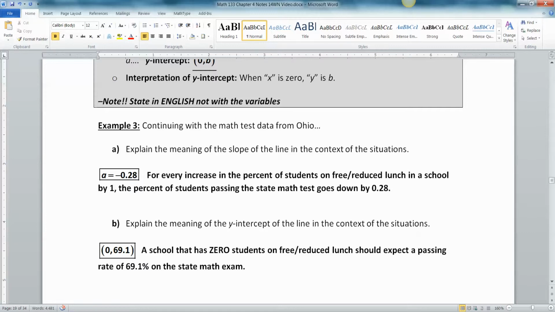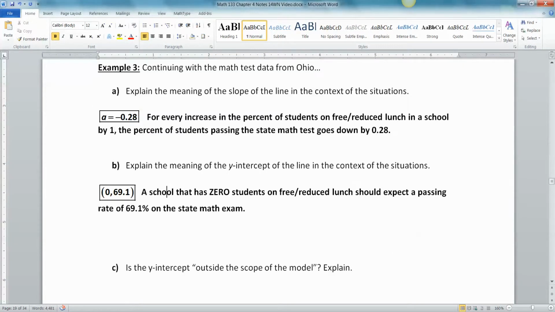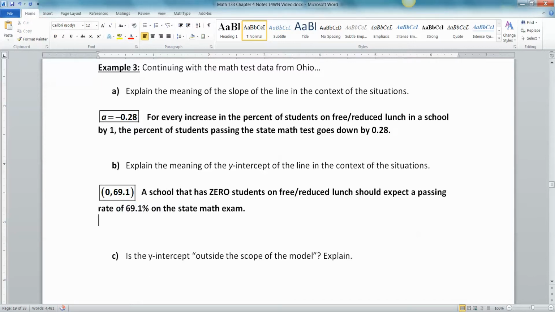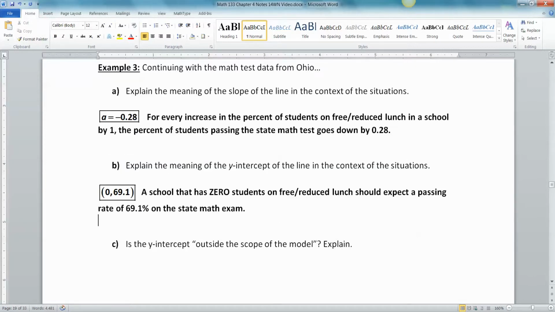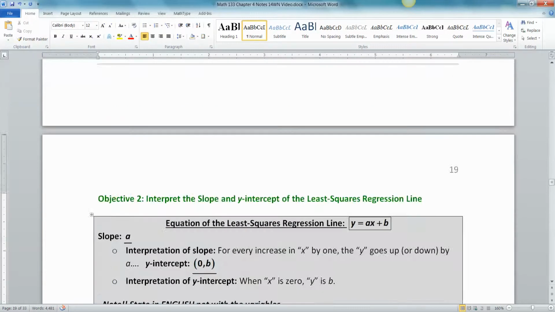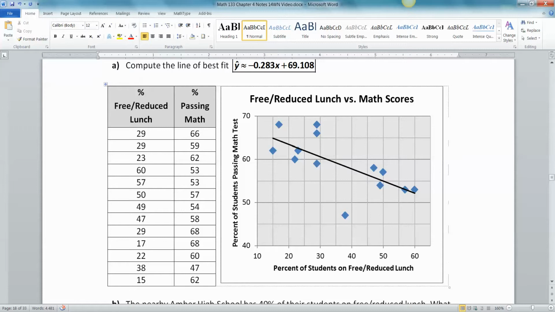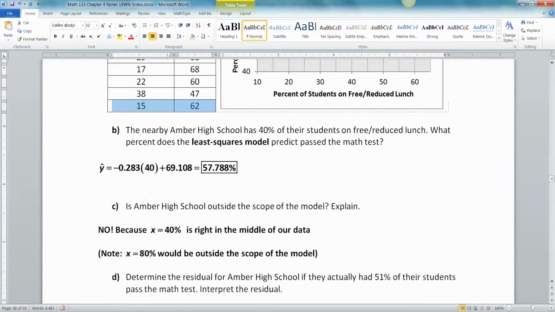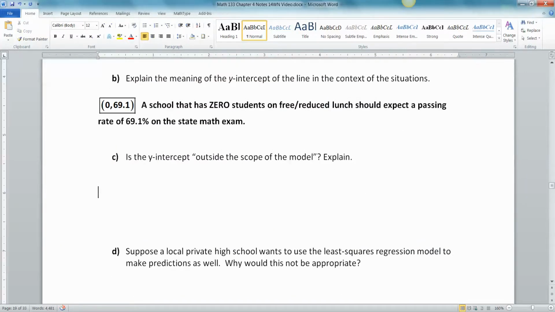Right? So when you have no students on free reduced lunch at all, you should expect about 69.1% to pass, which is quite low. That's because it's quite hard to get everybody to pass a test like that. Now, is that Y-intercept outside the scope of the model? All right, so let's remind ourselves what our data is. Our data, the lowest data point we have is down here at 15%, which would be quite a wealthy school, right? 15% of the students are on free reduced lunch. Okay, so 0, which is where this is, 0 students on free reduced lunch is far away from our data,